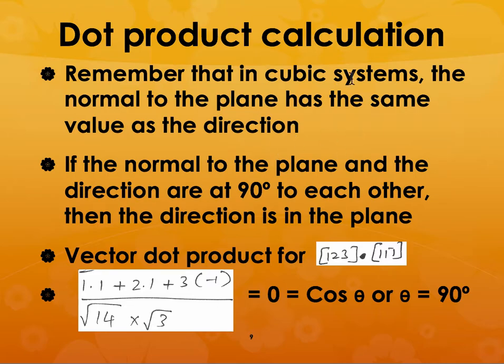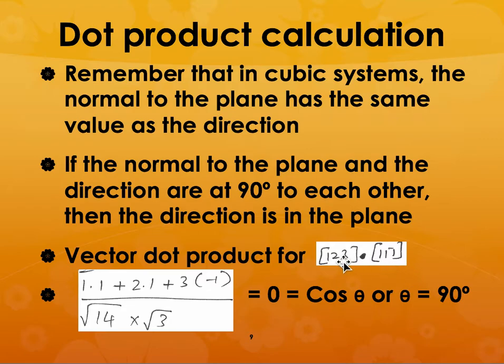So you know that in cubic systems the normal to the plane has the same value as the direction. So if the normal to the plane and the direction are at 90 degrees to each other, then the direction is in the plane. Okay, and you calculate that by using the dot product, and dot product for 1 2 3 and 1 1